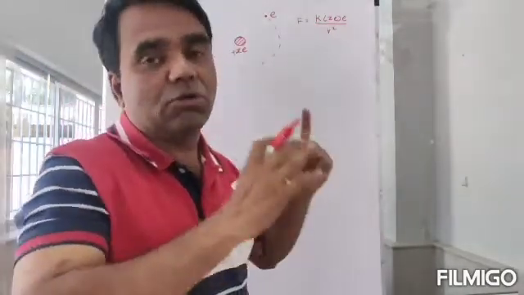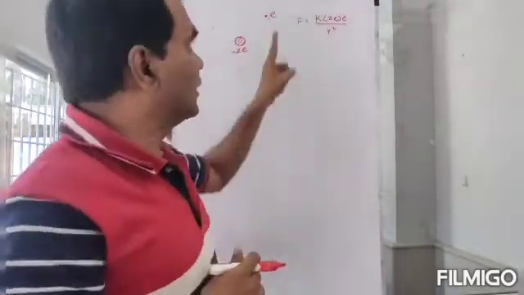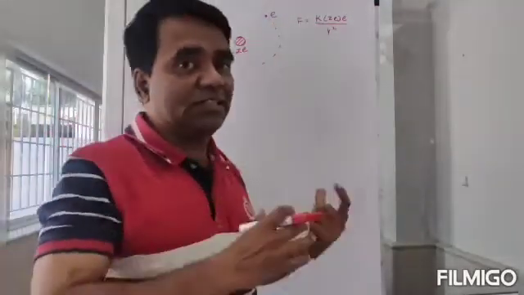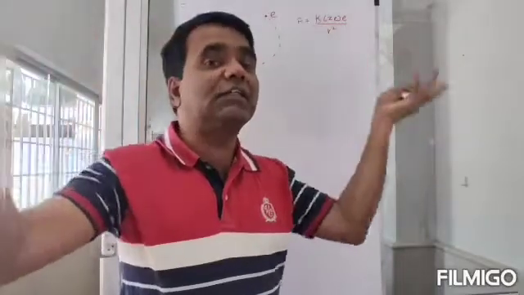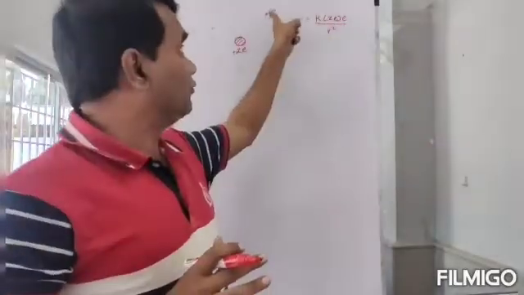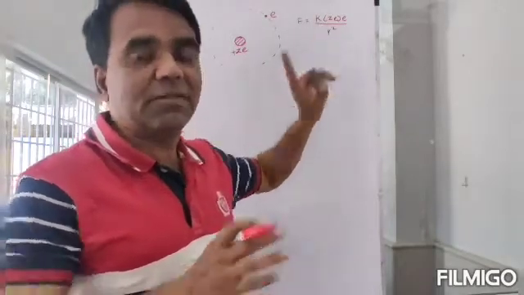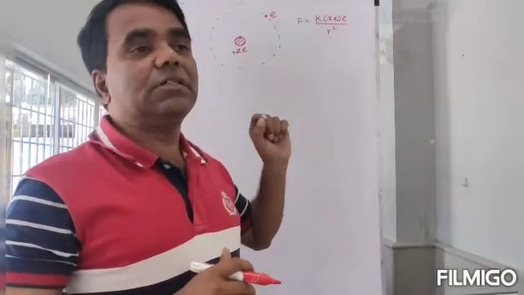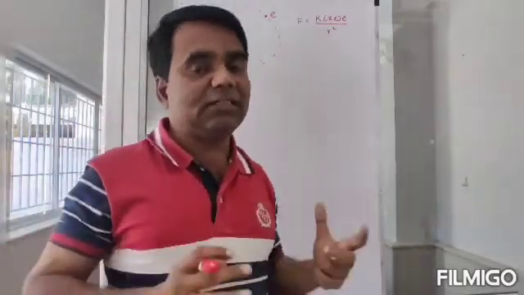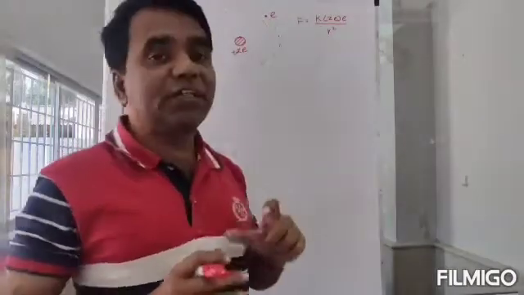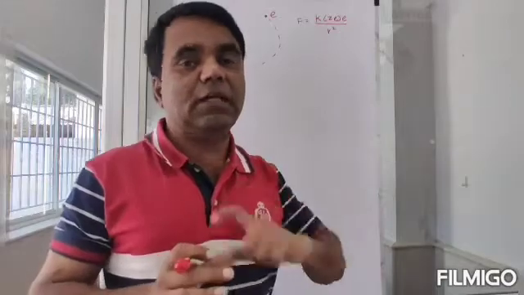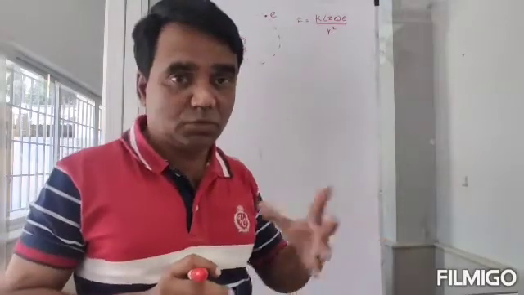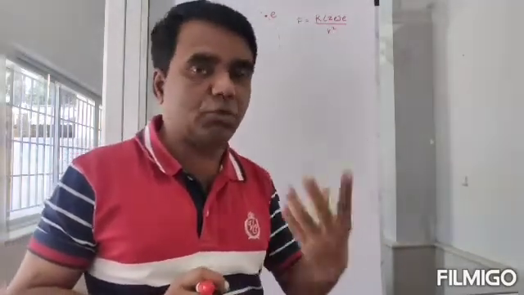Supposing that there were other electrons in this atom, then this is not the only force acting on the electron. The electron will be affected by the force due to other electrons. So the force on the electron will not remain just this, it will be something else. That is the reason we are not considering an atom that has more than one electron orbiting around its nucleus. So that is why we take either hydrogen, where you have only one electron orbiting one proton, or